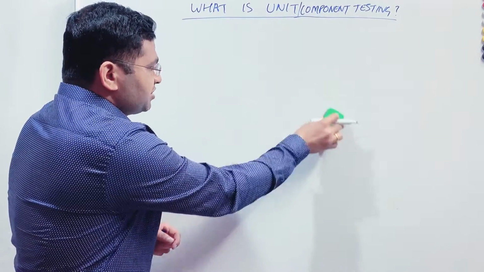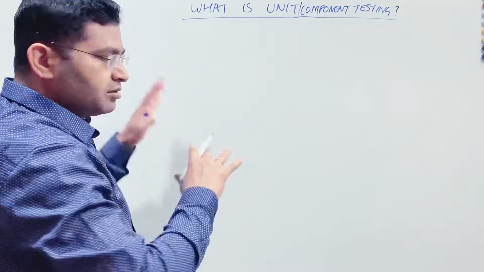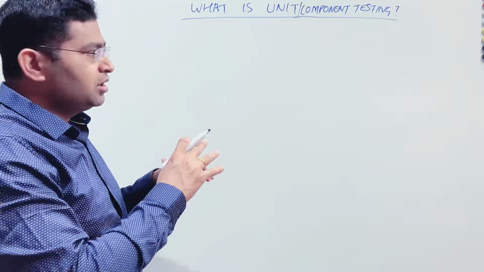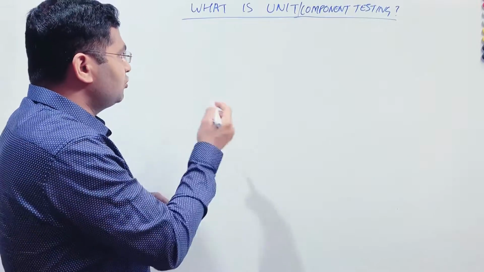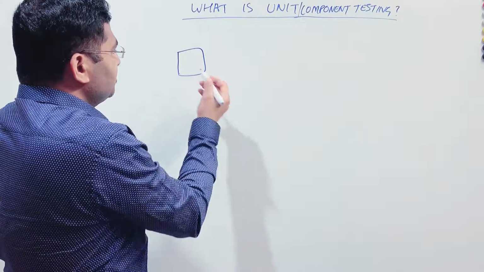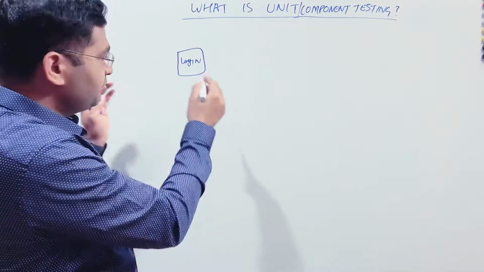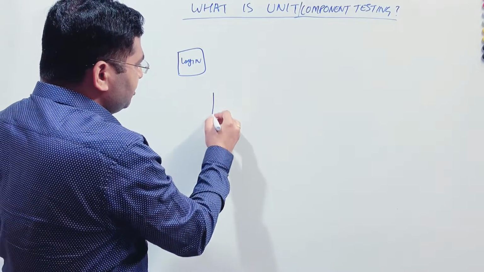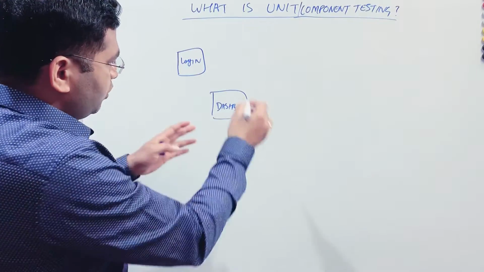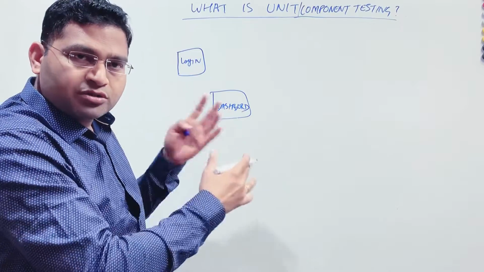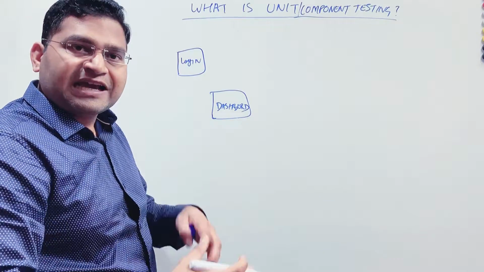And in the e-commerce website, if you try to break down the overall website into different modules, or different features that are available in it, then say for example, the first thing is the login page, right? So at a high level you will have the login functionality. Once the user logs in, he'll be on the dashboard. Once he is on the dashboard, he's logged in, he'll have all the products listed there,